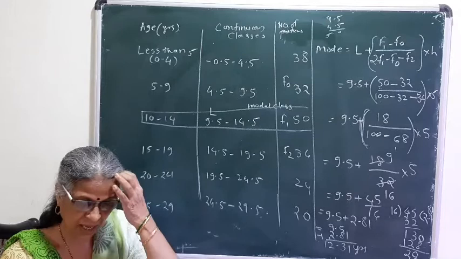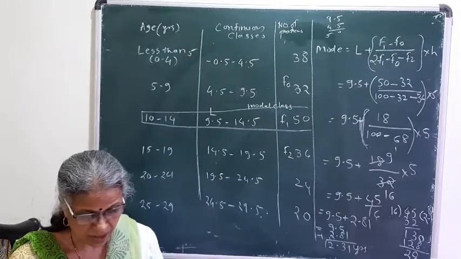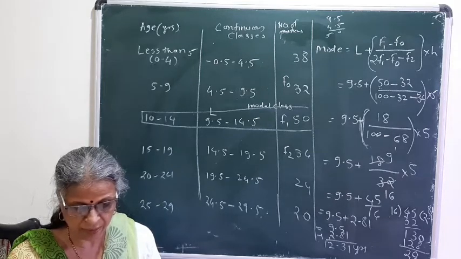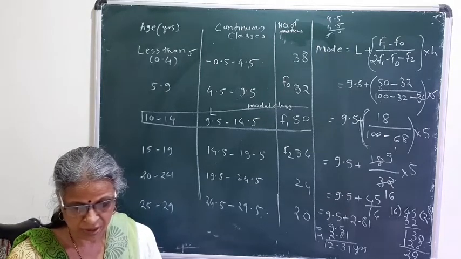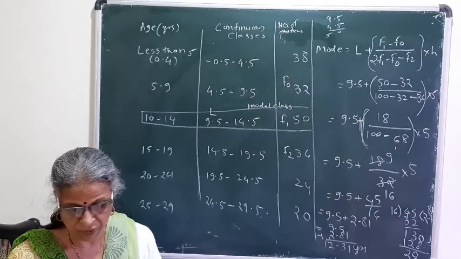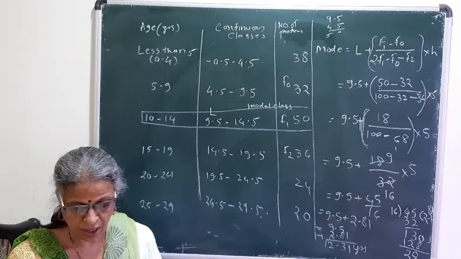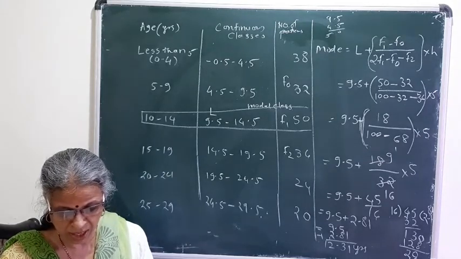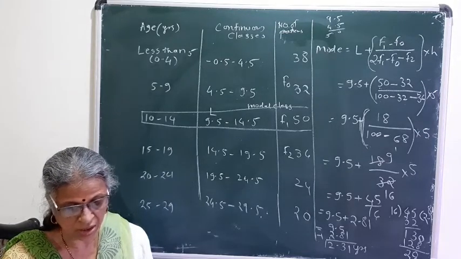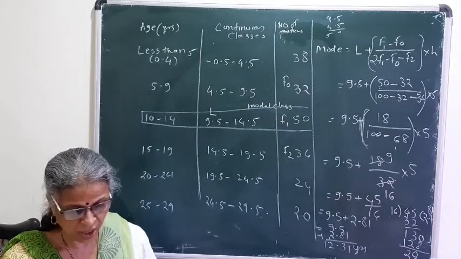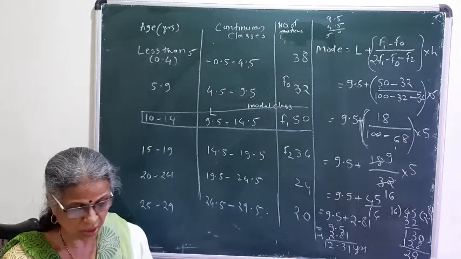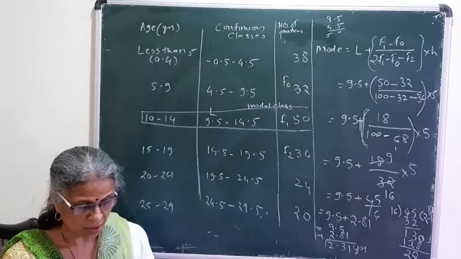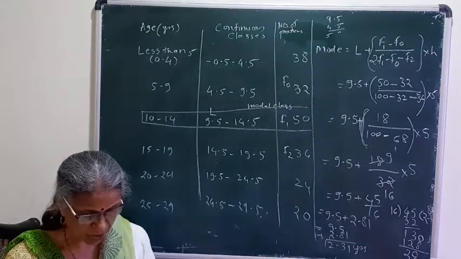In bar diagram, last time we have seen the bar diagram. There is a simple bar diagram, joint bar diagram, divided bar diagram, and percentage bar diagram. While in graphical method, the line graph, histogram, and frequency polygon, these are the three types they have given. In that we are going to consider the histogram this year. So they have given you one solved example of histogram on page number 152.